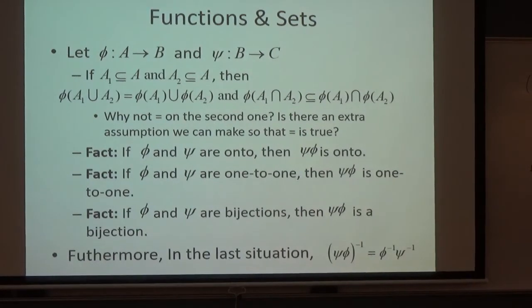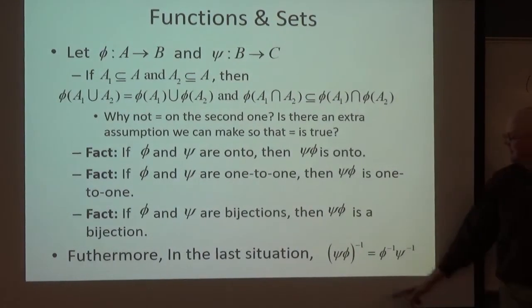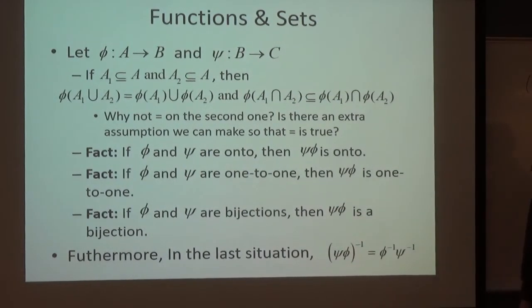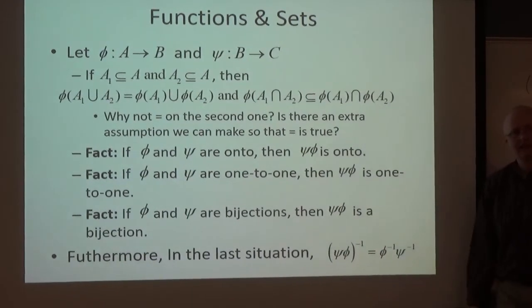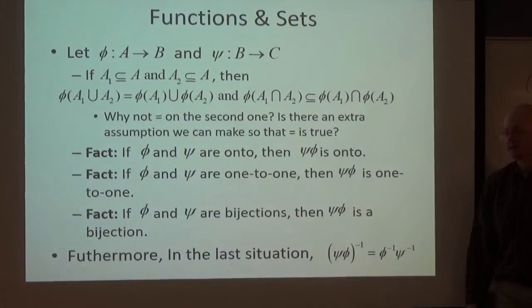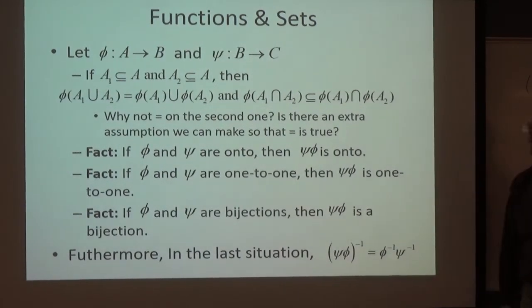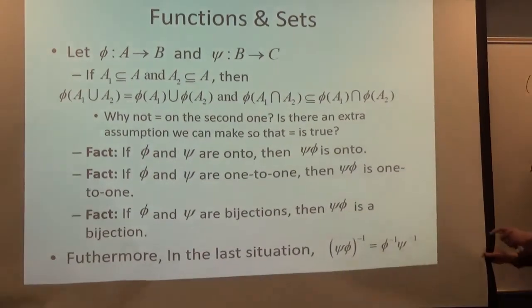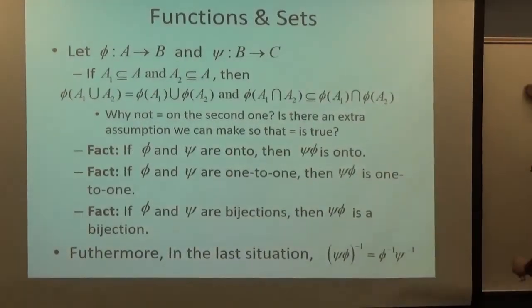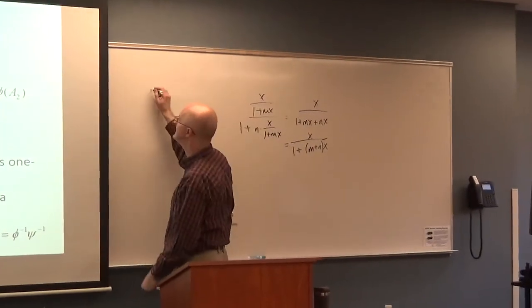Here's something that you did not prove. In the last situation, when everything's a bijection, one-to-one and onto, the inverse function of the composition psi phi is the composition of the inverses in the opposite order. That can make sense if you think about the picture. Redraw it over here. Picture, of course, is not a proof, but